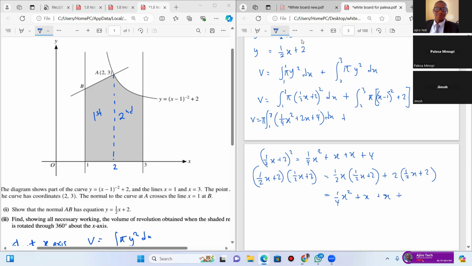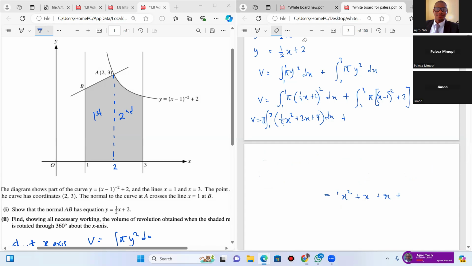Okay. So I've not integrated or differentiated. I just expanded the bracket to get this. This bracket is this one. I have not yet integrated, and I did not differentiate. For this other one, let's say I want to do